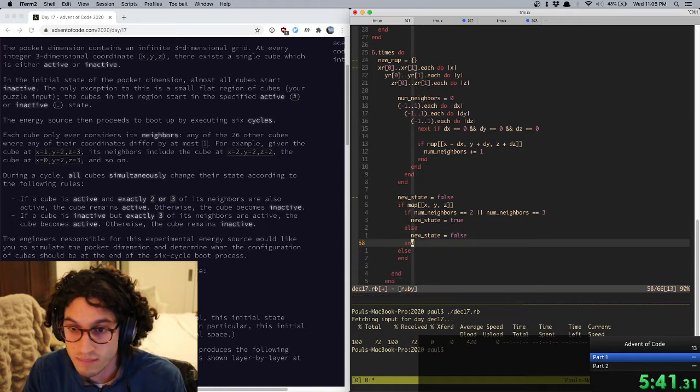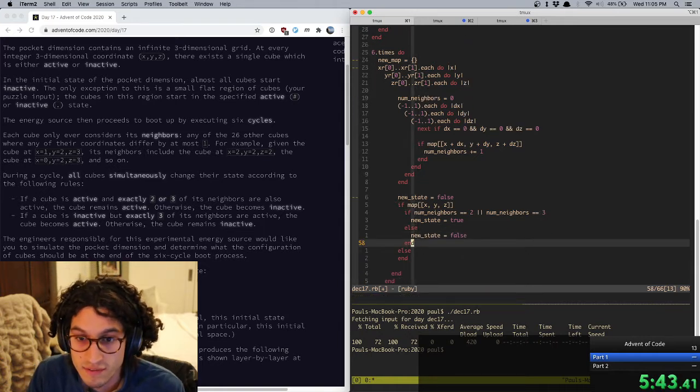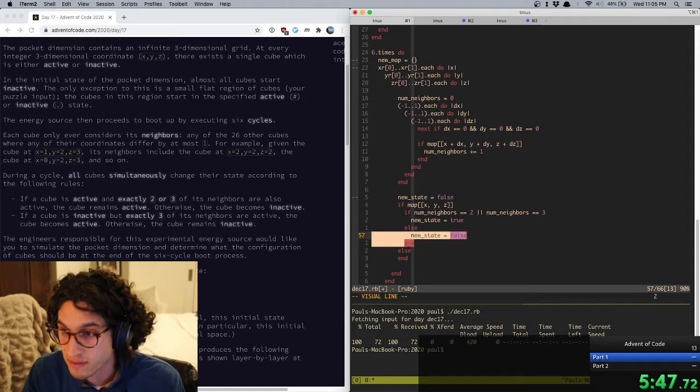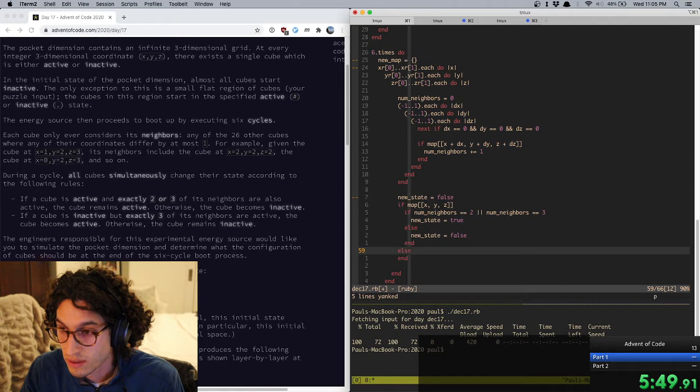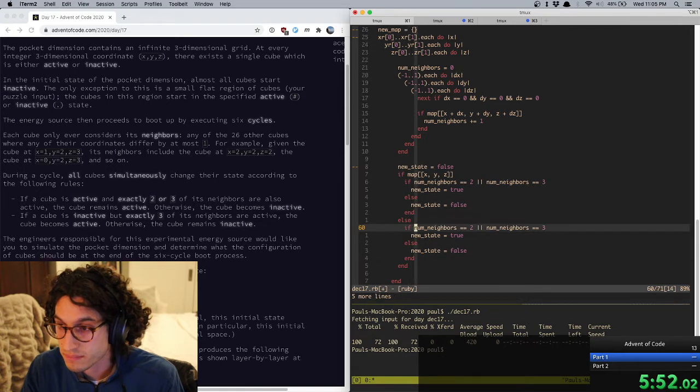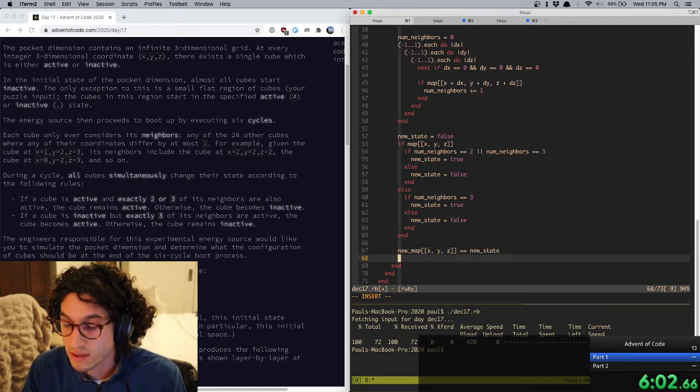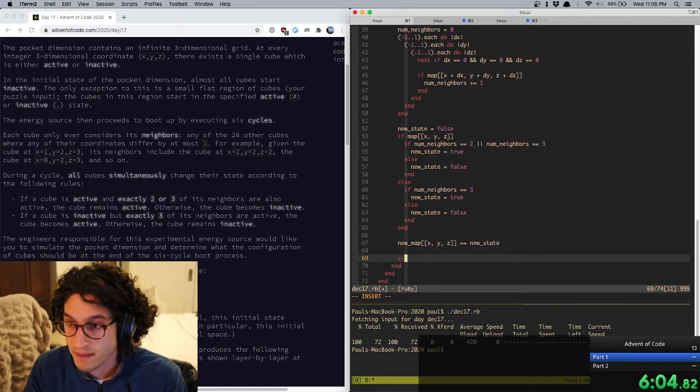And if it's inactive but exactly 3 of its neighbors are active, it becomes active. New map x, y, z equals new state. If new state